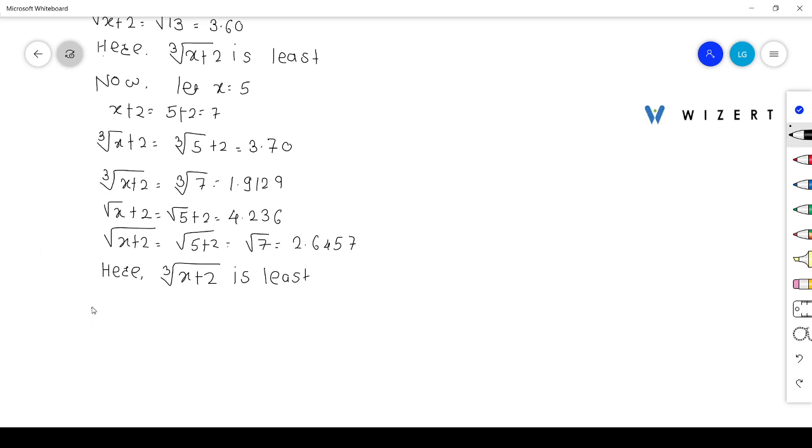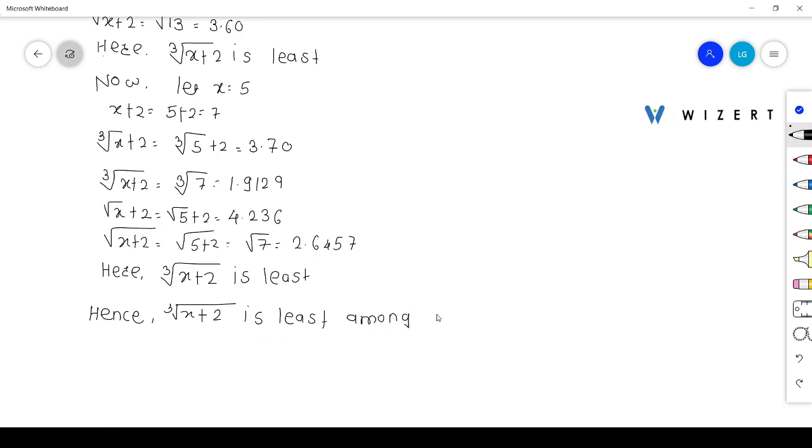Hence, whatever positive integer we consider, we are getting that cube root of x plus 2 is least. Hence, cube root of x plus 2 is least